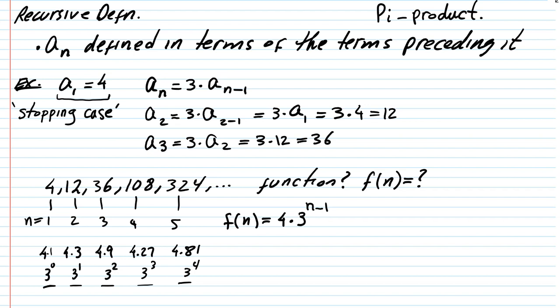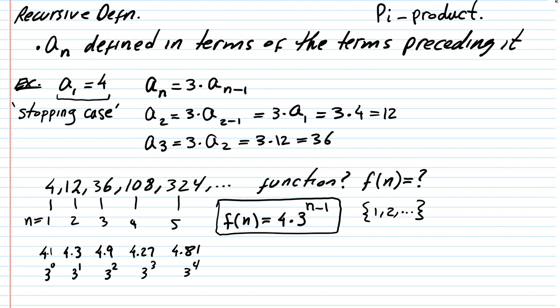Let's see if this works. When n is 1, I have 3 to the 1 minus 1, which is 3 to the 0. That's 1. When n is 2, 3 to the 2 minus 1 is 3. And yes, it's going to work. So you see how I created this? I'm simply looking at the pattern. Therefore, this is now the functional form. And this works when n is 1, 2, a set of natural numbers, right? You see the difference between the recursive definition and the functional form. So both of those are ways to express